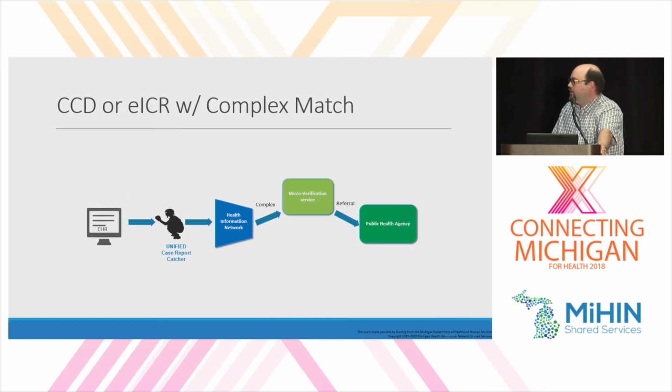And of course, here's the eICR or the CCD with the complex match, which basically adds that extra verification in there, where the system comes up and says, oh, it's a CCD. It's found to be a possible reportable condition, we think, based on the trigger codes. Let's check out the verification. What do you know, it fits the symptoms as well, and then we'll move on and send it off to the public health agency as well. And of course, with the eICR, I'm not really sure we needed all the animations in the second one through, but